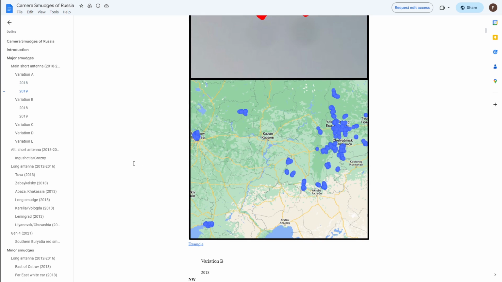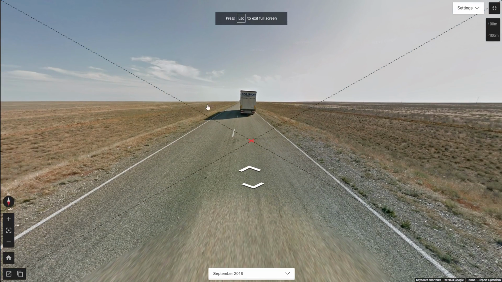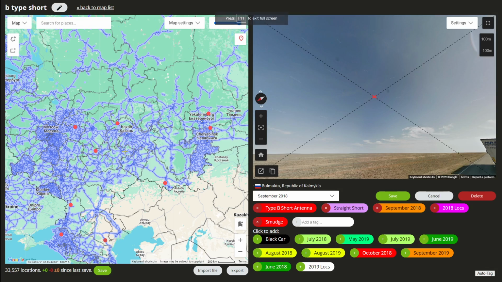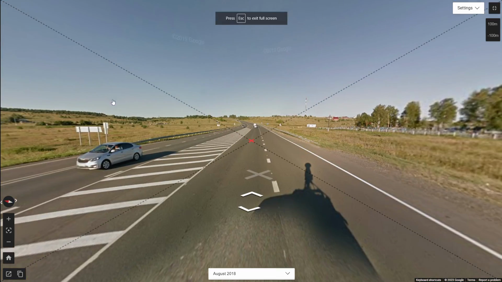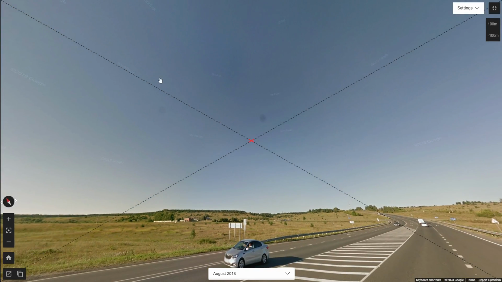And then all the other ones, I haven't learned the differences, but the smudge is in the front of the car. So this is back of car, this is front of car, and it's front left. Then if we go to Saransk, it's the same. It's a similar smudge. It might not be the exact same, but it's a similar shape,